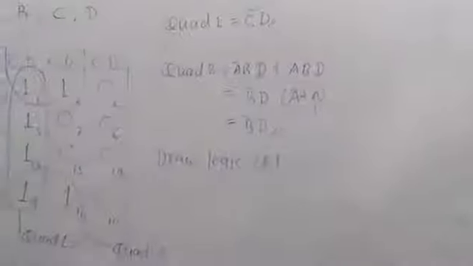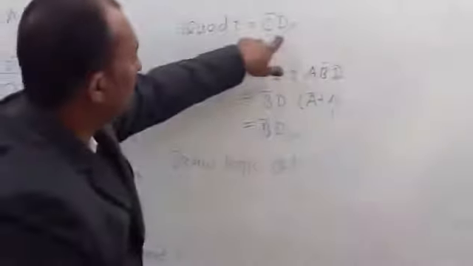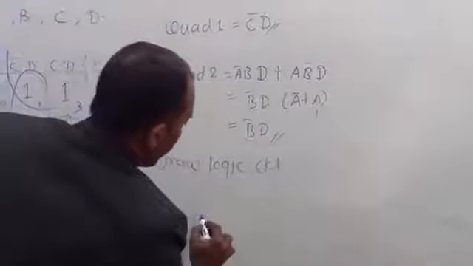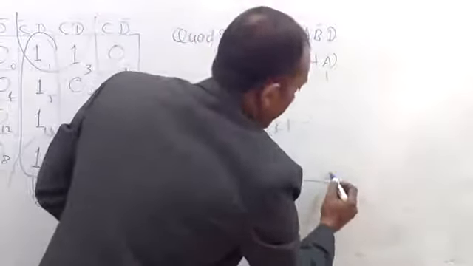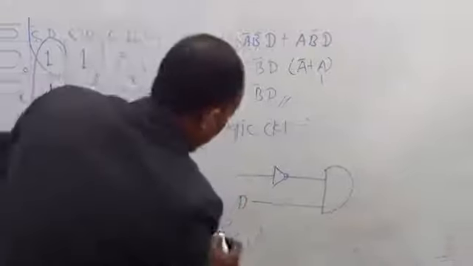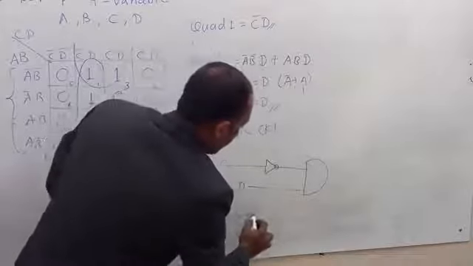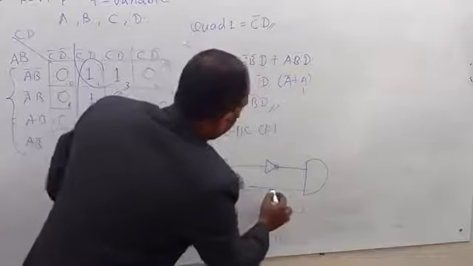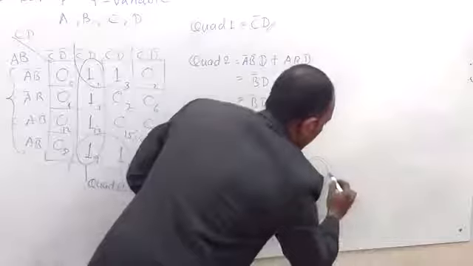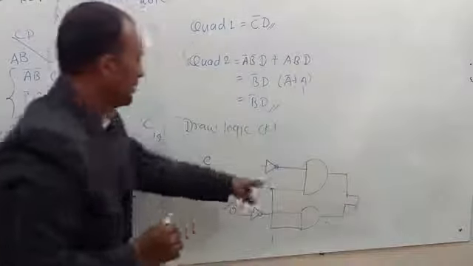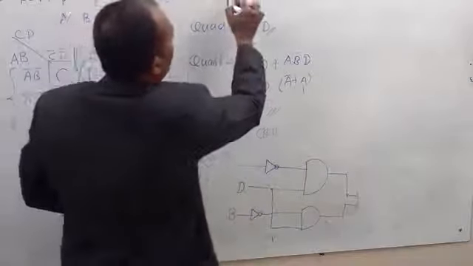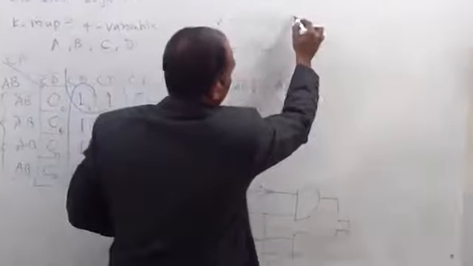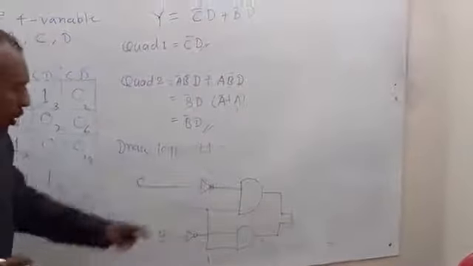So there are a total of 4 inputs, A, B, C, D, but we need only C bar and D. So you can directly write C, apply the NOT gate, you will get C bar, apply the AND gate, and simply write D, for quad 1. For B bar D, we take another input B and apply the NOT gate for B bar, and again the same D. This is the equation for C bar D, this is the equation for B bar D, and finally, as in the K-map, we write Y is equal to C bar D plus B bar D. So finally, we have to OR these two equations.